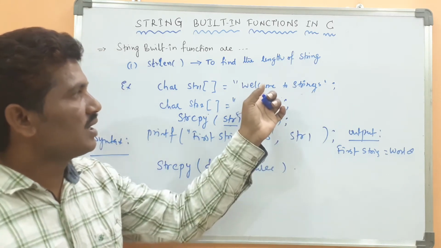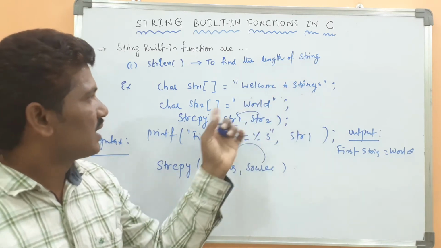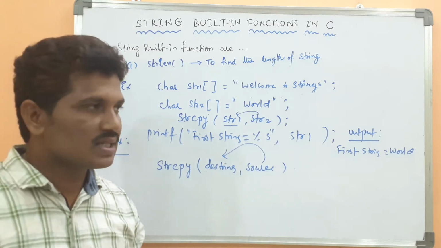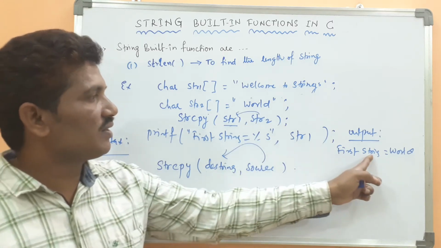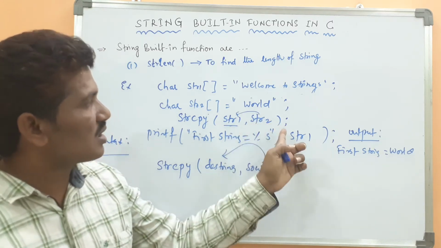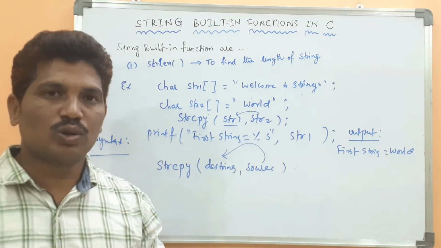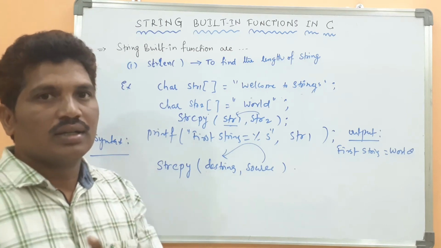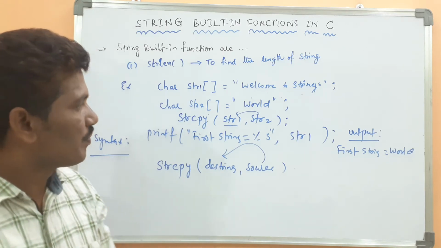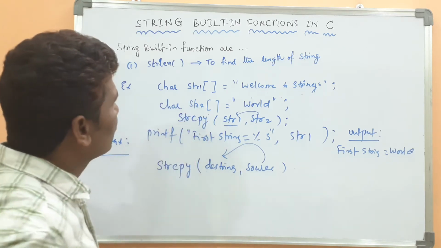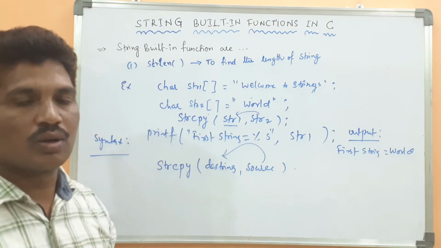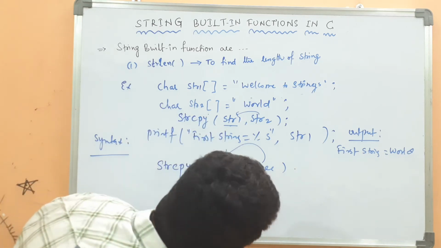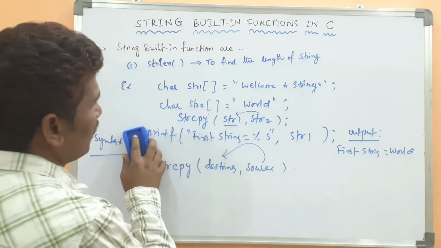What is the first string? Welcome to strings. The second string is varchar. Varchar overrides the welcome to strings. String 1 contains varchar, and string 2 also contains varchar. What is the output we will get? String 1 and string 2 both hold the varchar string. Okay, this is about the string copy function. The next one is